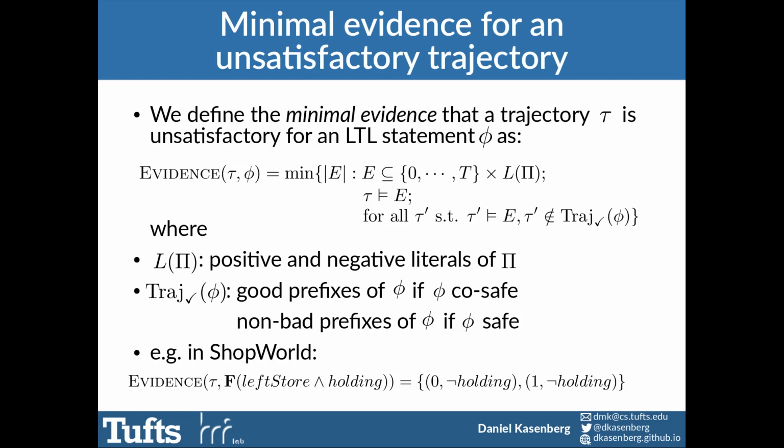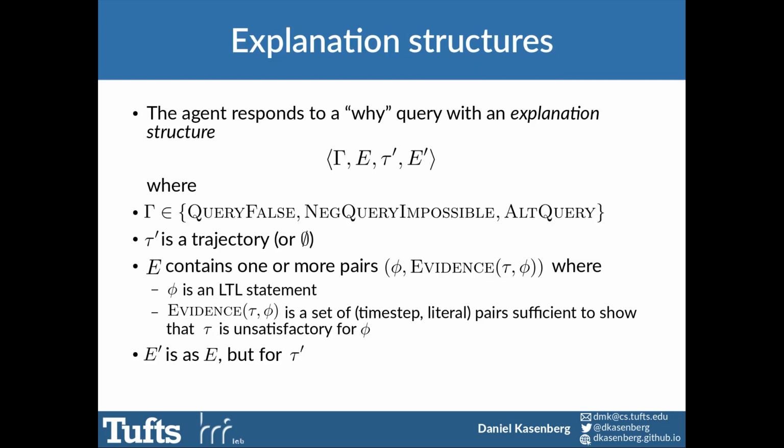For example, in ShopWorld, since the agent's trajectory consists of the initial state and one state after it's left the store, to show that the agent never left the store while holding the watch, it is sufficient to know that the agent was holding the watch in neither state. Using this notion of minimal evidence, the agent will respond to such Y queries with an explanation structure, which is